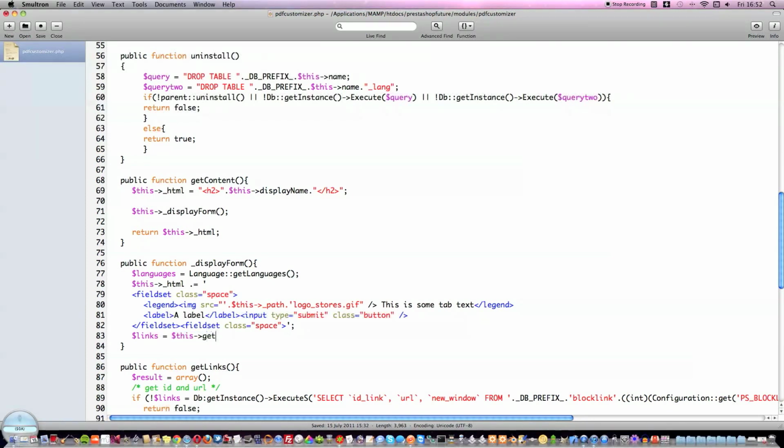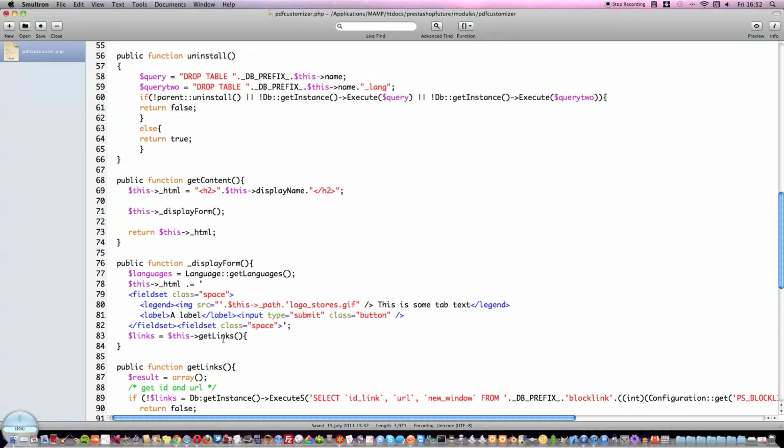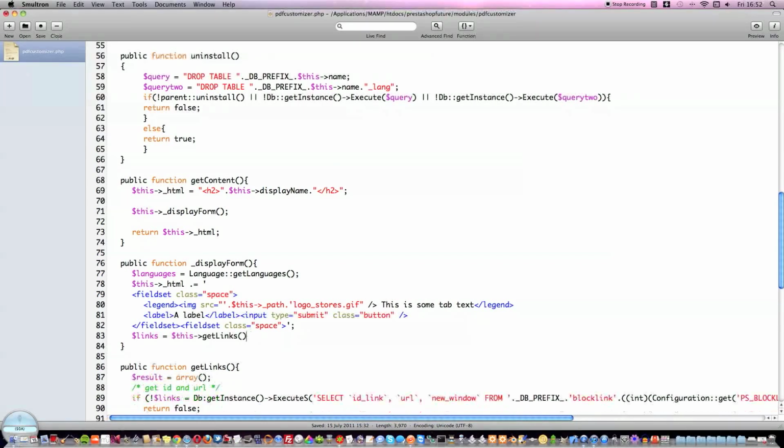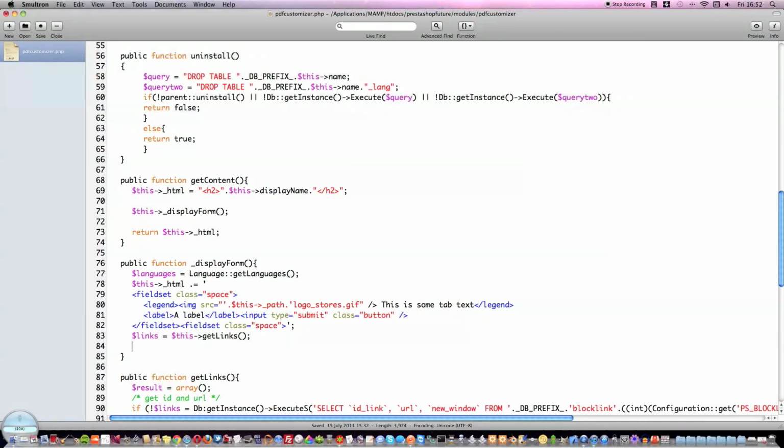So this get links, and we don't need to pass it any information because it doesn't need any, because it's just loading information by bulk. And we're just going to add a for each loop. So for each links as link,